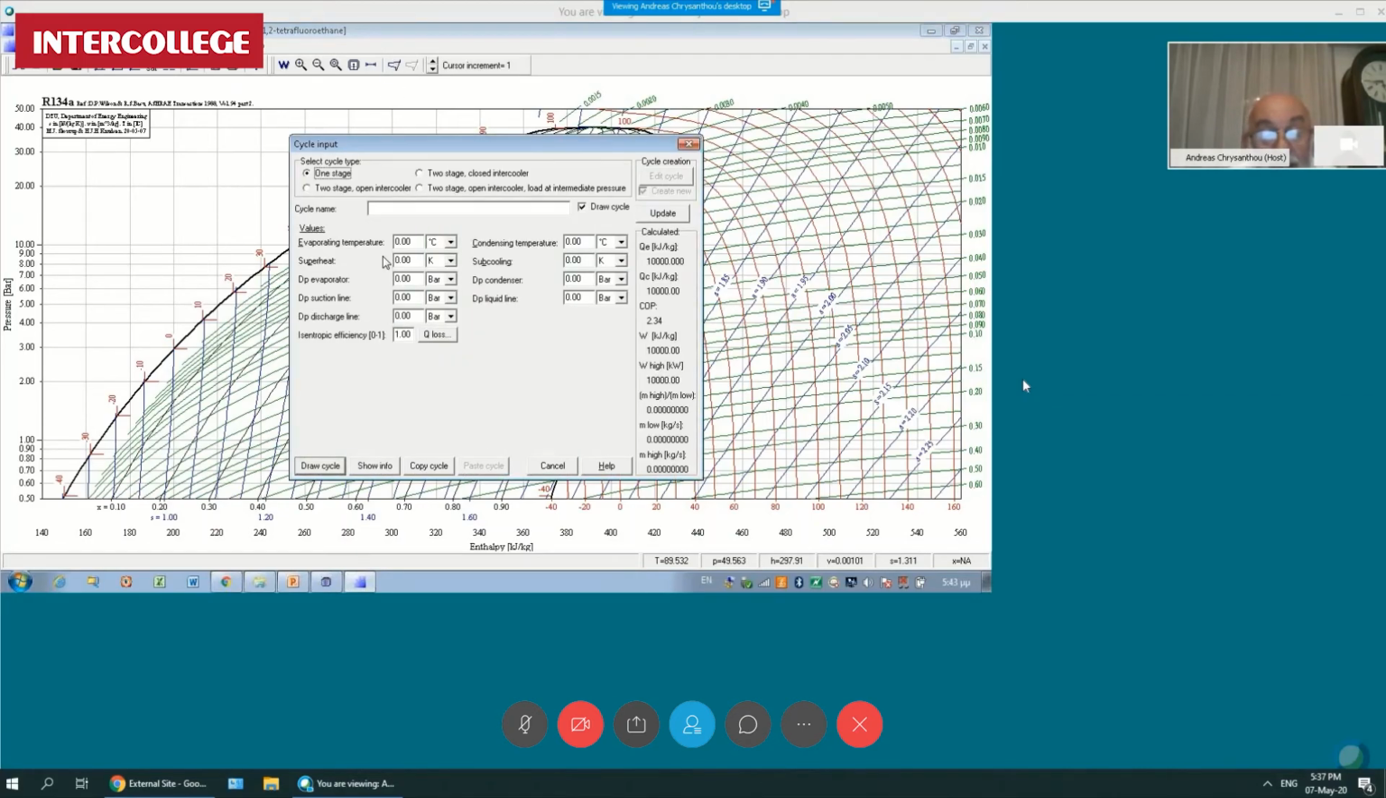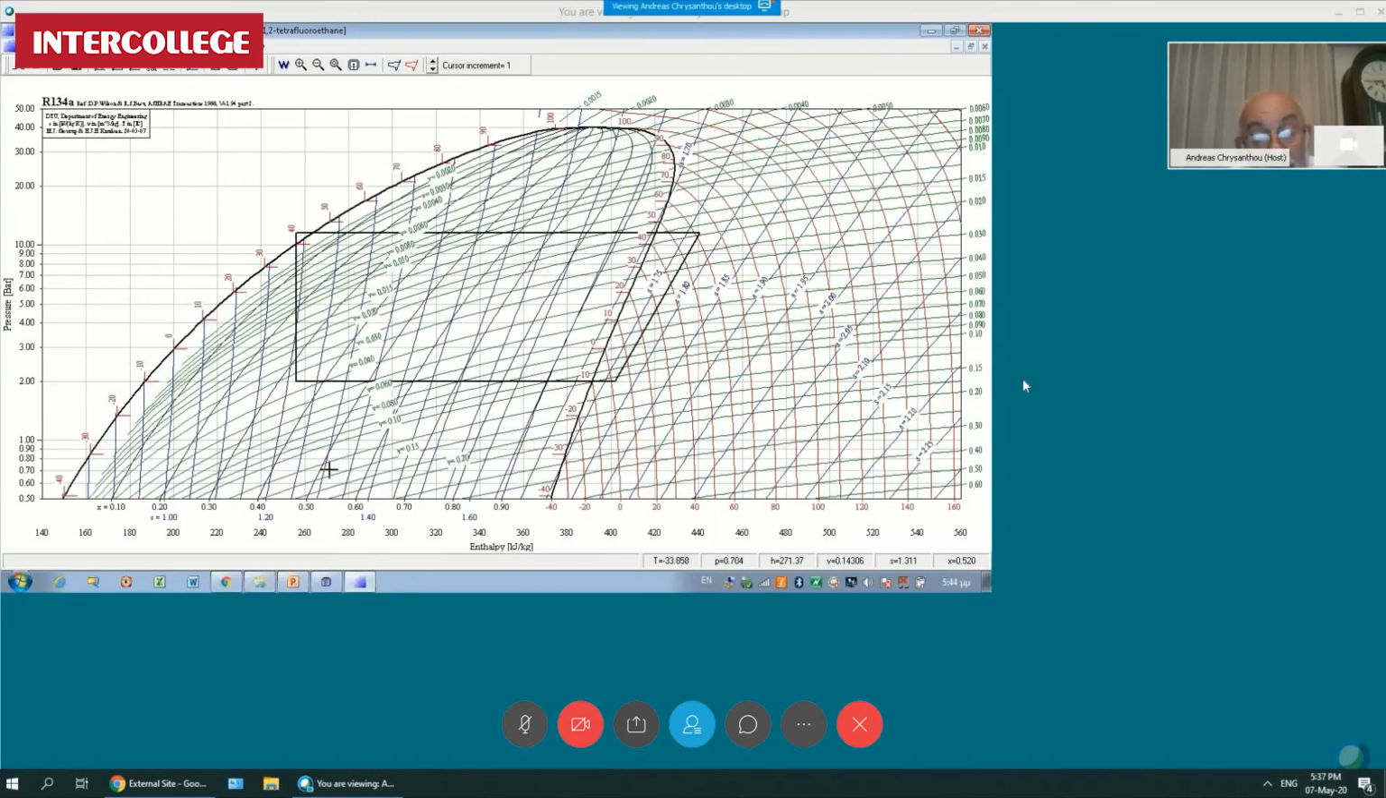So if we go here and add the two reservoir temperatures, say -10, that's the room temperature, and this is the surrounding temperature, say 45, and this is the superheat, how much you go into the gaseous region, and the subcooling, how much you go into the liquid region. If we put those numbers down, we can easily draw the refrigeration cycle, and automatically from here, we can see that